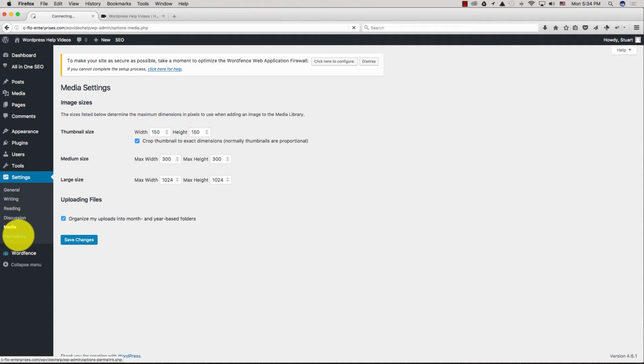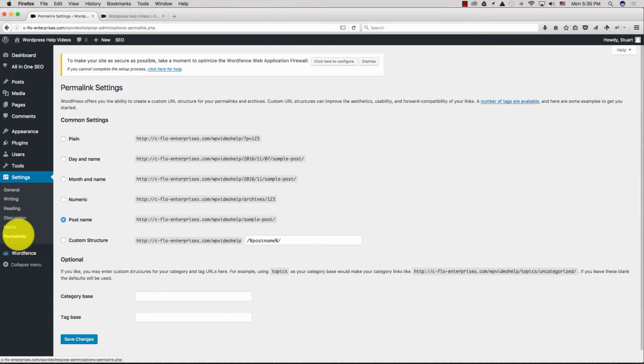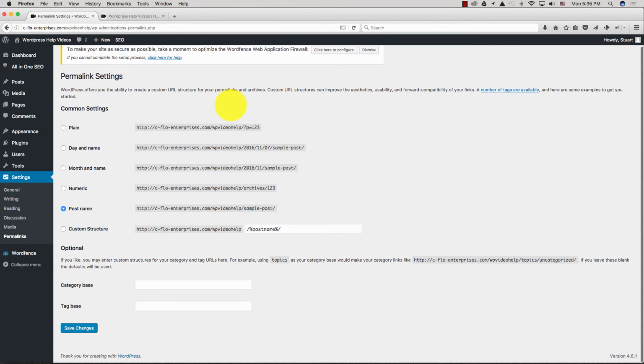And then permalinks, we'll talk a little bit about them. I've found that the post name is the best way to get SEO. You get better SEO functionality if you use the post name as opposed to any of these other settings and such. So I'm going to suggest you use that one,